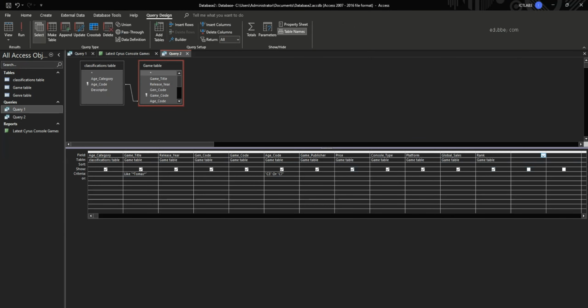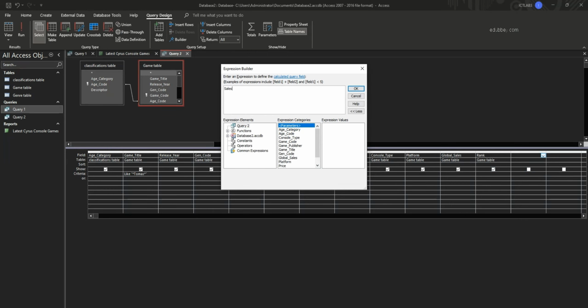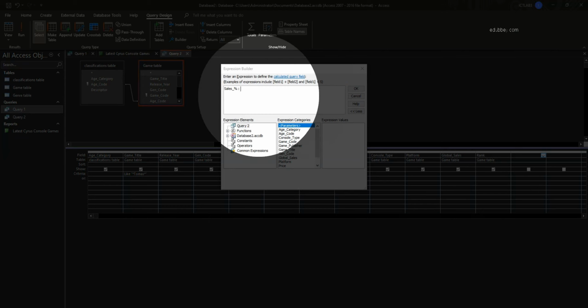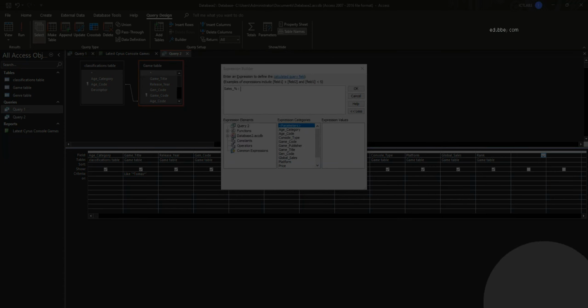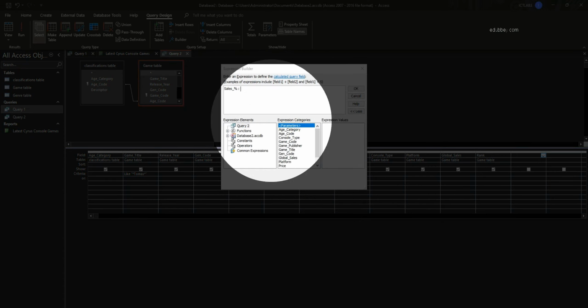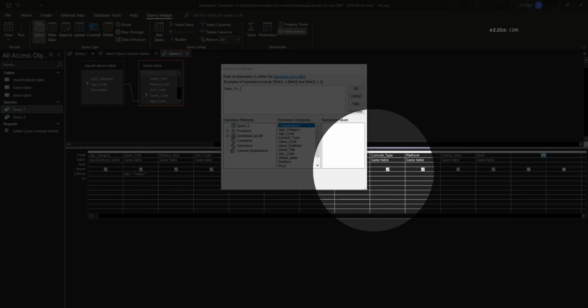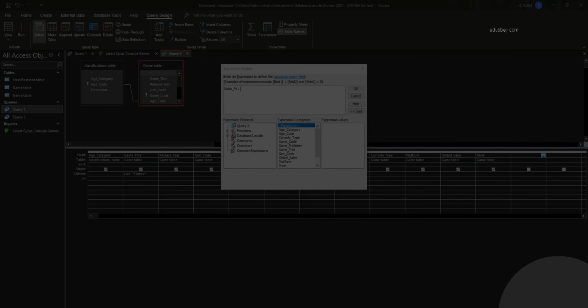You come to the last one and you need to click on builder. Then you say sales underscore percentage. Okay. Then colon. You see what I put here? Colon, not equal. You put colon. You see what I put? Sales underscore percentage. Then the next thing we need to do is